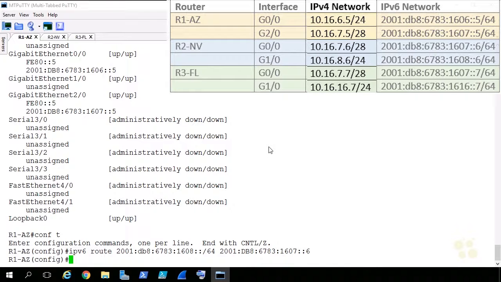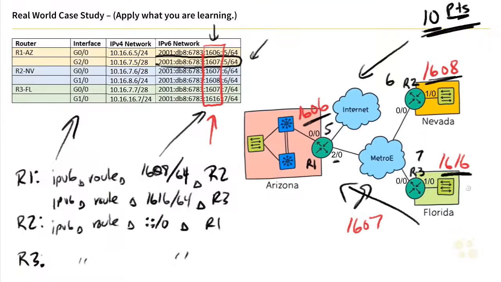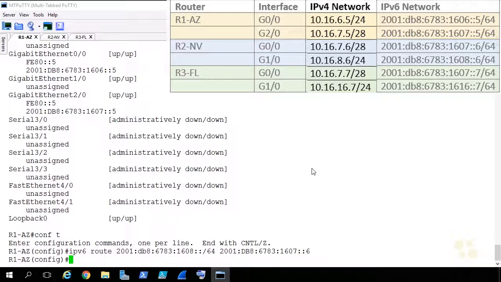Let's go ahead and take care of the route over to Florida. So looking at our topology again, that's the network 1616. And the next hop from R1's perspective is going to be R3's 00 interface on this 1607 network on the Metro Ethernet. So we'll type in IPv6 route space 2000. In fact, I'm going to copy some of that. Save me a little bit of time, so we'll go ahead and copy up to that point. Right click, and then that's the 1616 network